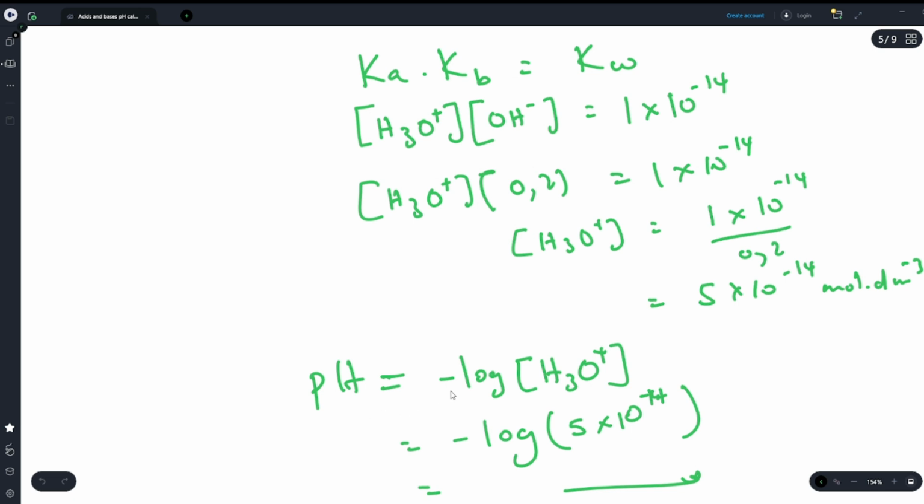So pH is equal to minus log of the concentration of H3O plus, which will be minus log of 5 times 10 to the minus 14. We put that into the calculator, and our answer for the pH of